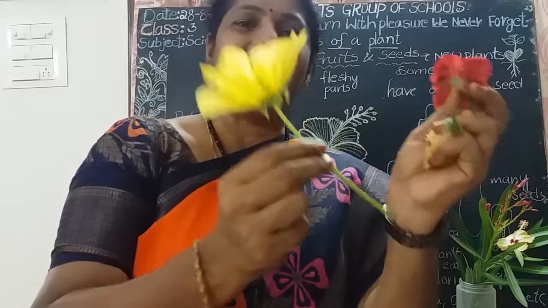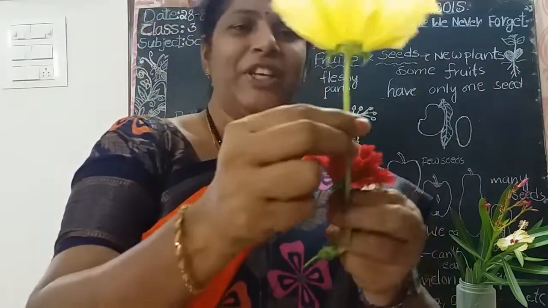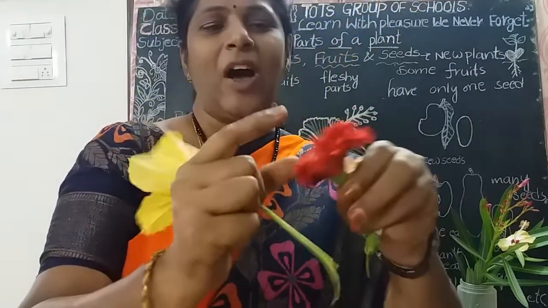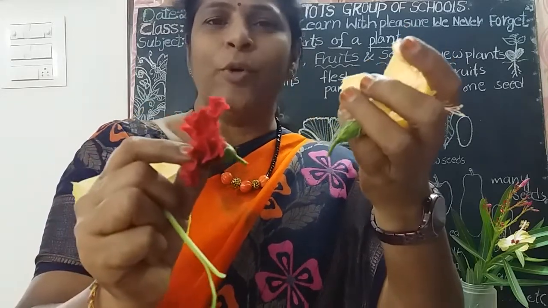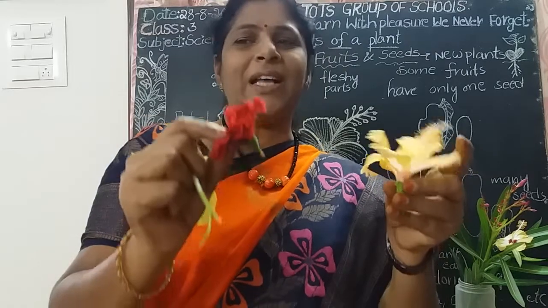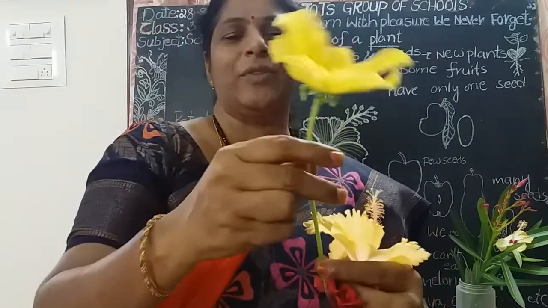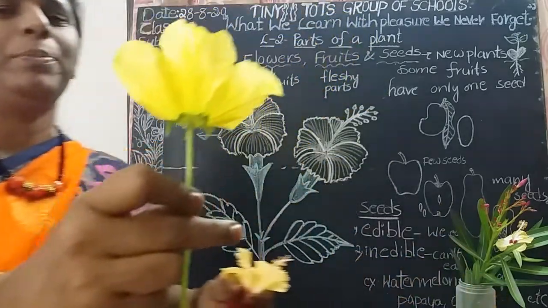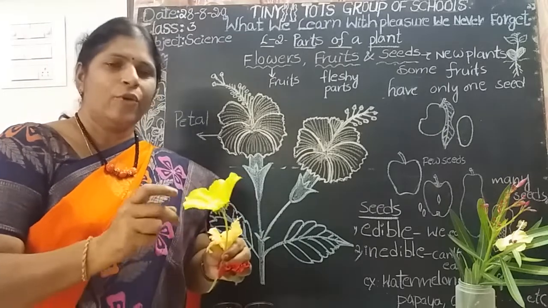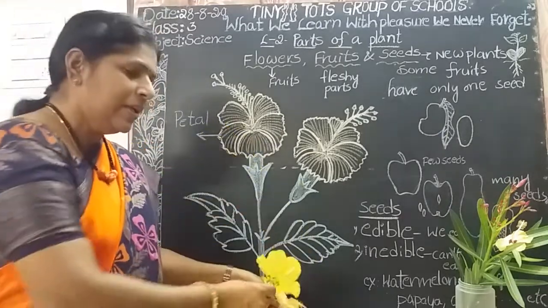Flowers are actually attached to the stem. This is the stalk. This is the flower stalk. Is it clear? All flowers have a stalk. Flowers are attached to the stem. Leaves are also attached to the stem with a petiole. But this is the flower stalk. Okay, this name is pedicel, but you have to learn that in next classes. Okay, children. Bright color parts are called petals. Green color parts are called sepals.